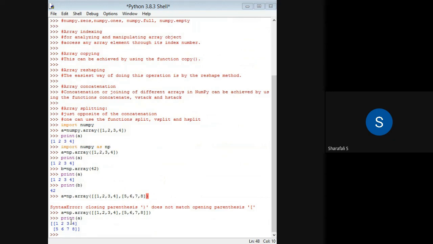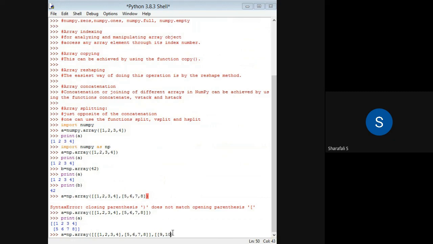It will be having two axes. Basically, it will be having two axes. So here we'll be considering this as two-dimensional. Now, what will be the three-dimensional array? So I will just copy this one. Just copy that, and I will put one more set here. So I will put one more square bracket, and after this square bracket, I will put a comma, put two square brackets, and let me write something.